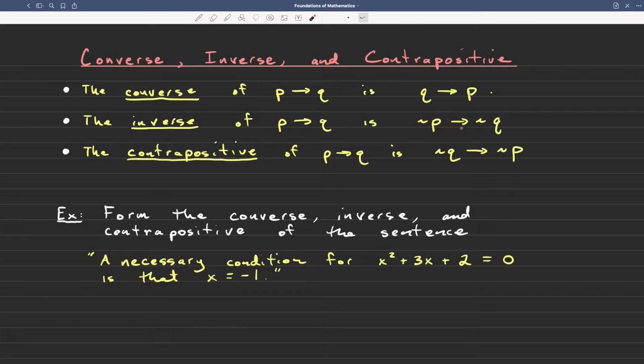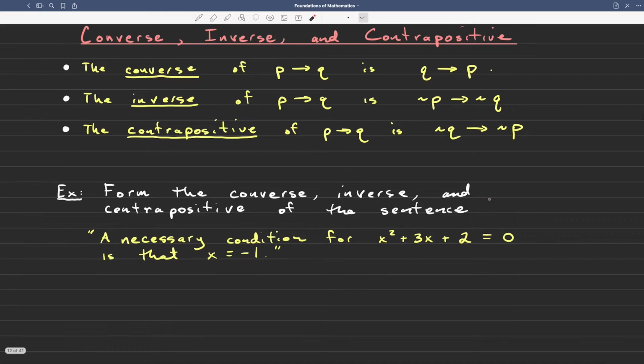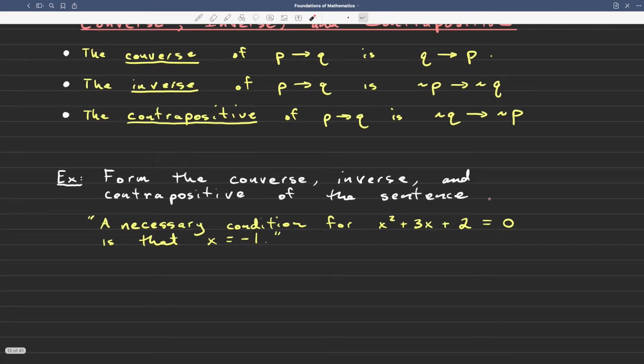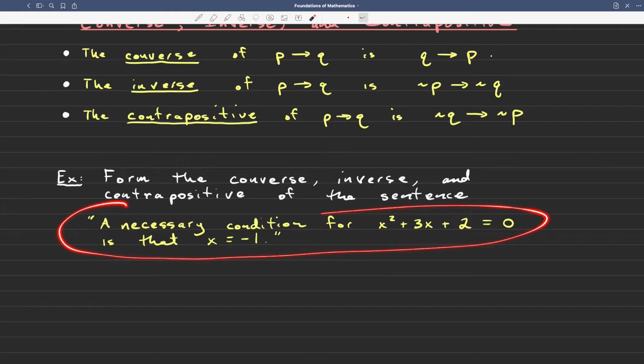The inverse doesn't come up that much in my experience, but I guess it comes up enough that we have a word for it. In any event, right now we're not going to think too deeply on it. It's just a matter of modifying the original implication. So in this example here, we have a sentence, and I want to write down the converse, inverse, and contrapositive of it. A necessary condition for x squared plus 3x plus 2 to equal 0 is that